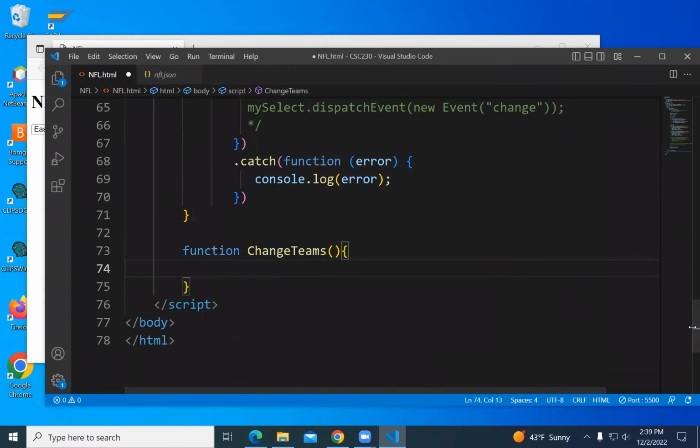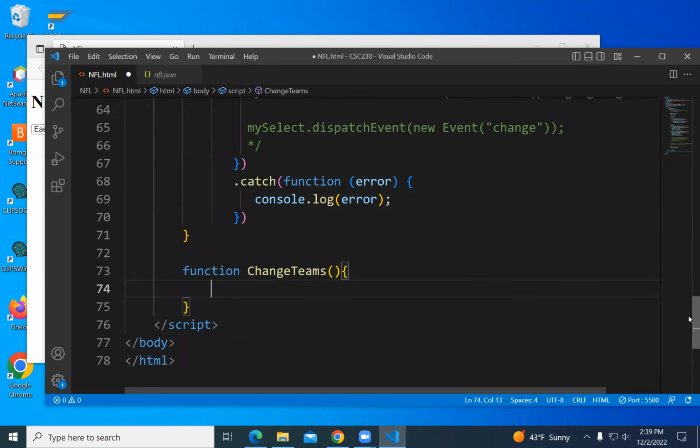And what are we doing? We are going to loop over our teams. And we are going to say if they belong to the chosen division and if they belong to the chosen conference, I'm going to add them. So I need to get the chosen division and the chosen conference. That's first. Standard thing of handling a select is to find out what they selected.